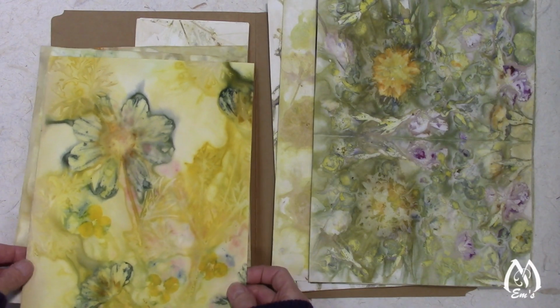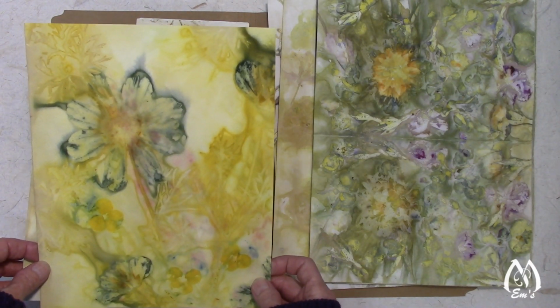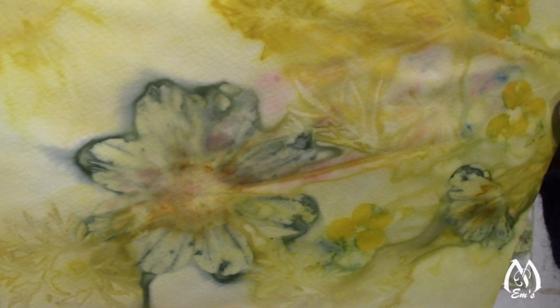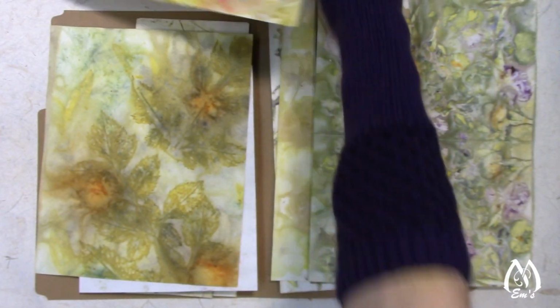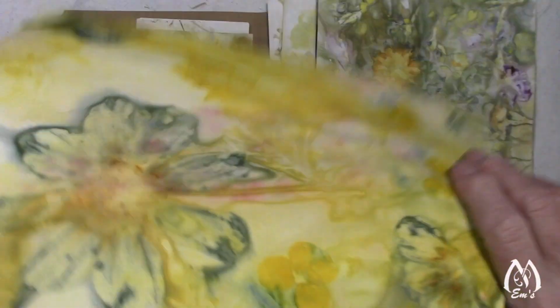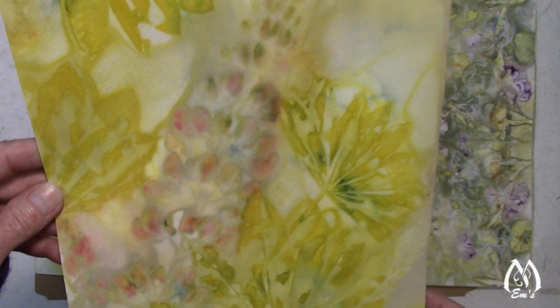I know this is 8 by 10s. That's Cosmos. Oh, that was the back, excuse me. Well, you can use the back part if you want. And then this is